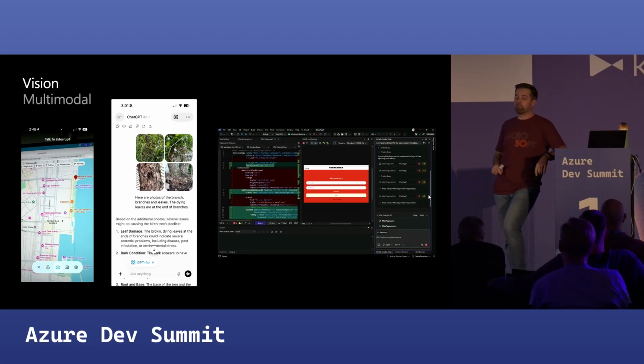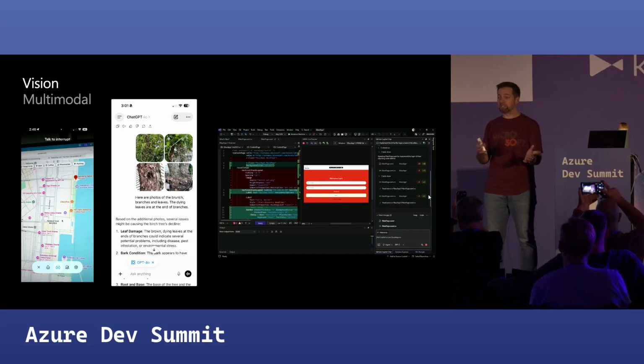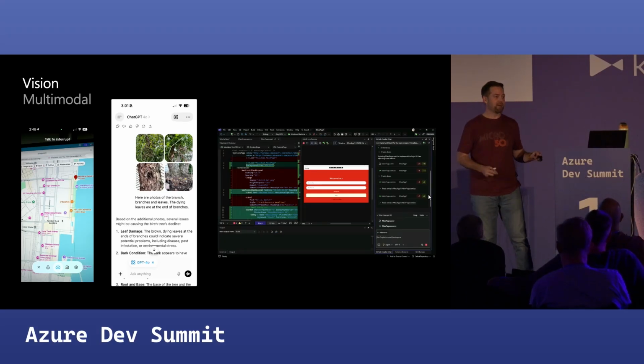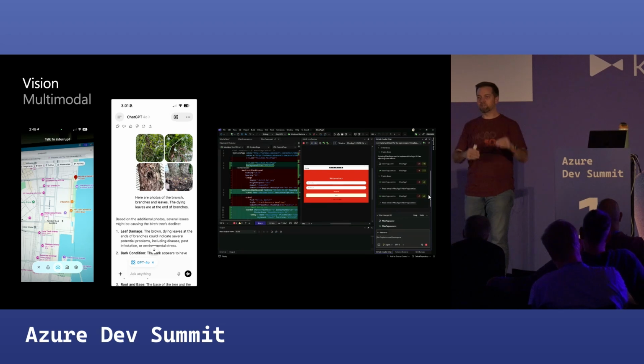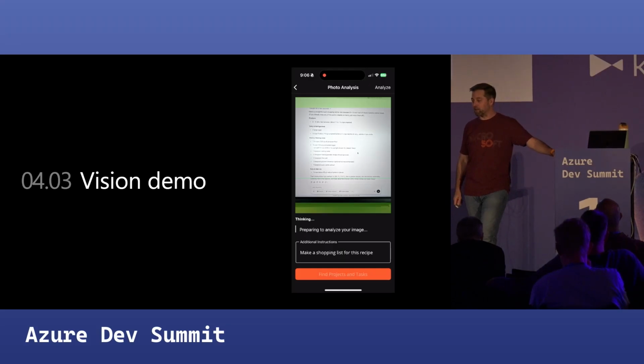I also use it for when I get an error message and I don't have the ability to copy the text or something like that. I take a picture of the screen that I'm looking at. I take a screenshot on my phone, whatever, that's got the message on it, and I send it back. If I'm working on nudging UI around, I'll take a picture of the thing where the UI is wrong, and I'll tell it where it's wrong, and I'll send them the picture. And it actually works really, really fast. Initially, it was a slow process. Now it's super fast, so highly recommend you check that out.